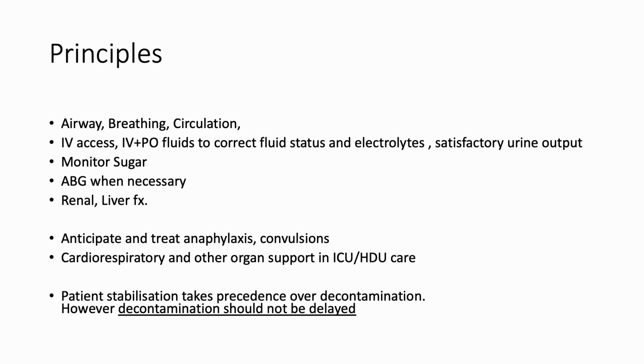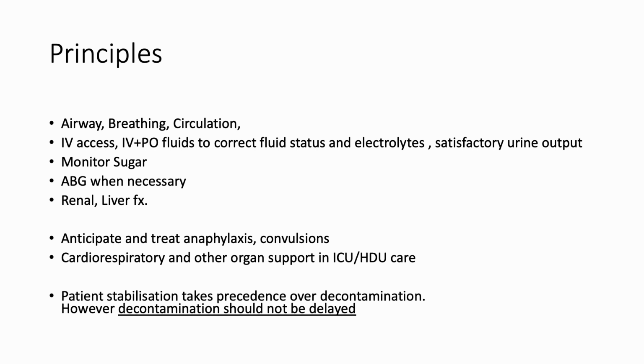Arterial blood gas may be needed when necessary, especially if there is compromise of the respiratory functions, or if there is metabolic acidosis, which you will learn in the renal module. And you'll need to look at renal and liver functions. At certain points, with certain poisons, you may need to do poison levels, like paracetamol, or even urine toxicology, but they are not widely available in all situations and